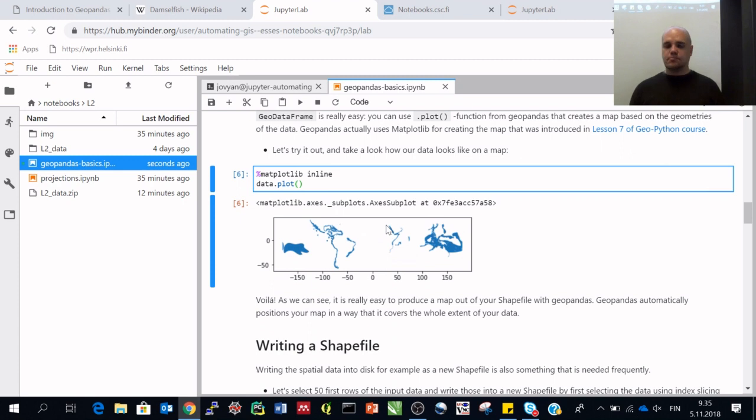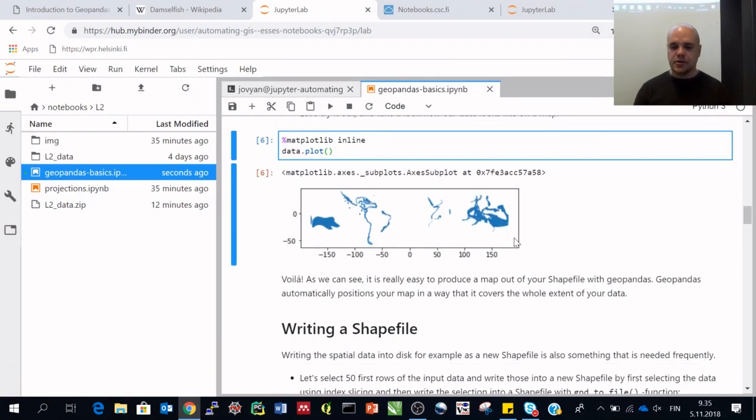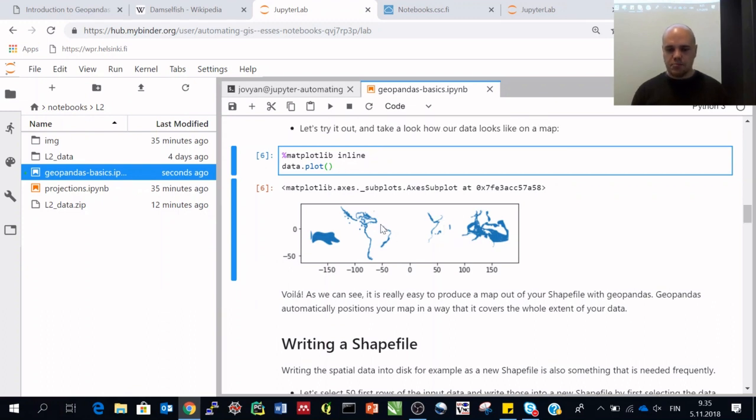And this is, of course, really the first step that you want to do when having spatial data. You want to see how it actually looks, so that you can understand a bit what kind of data we are dealing with here. So as we can see from this map,